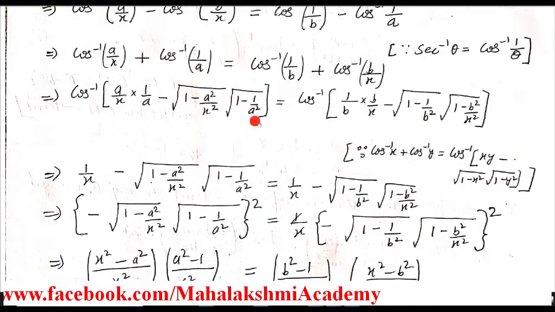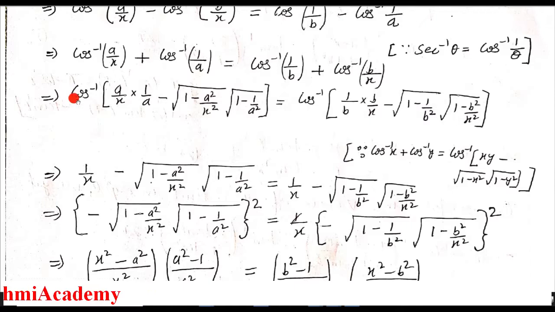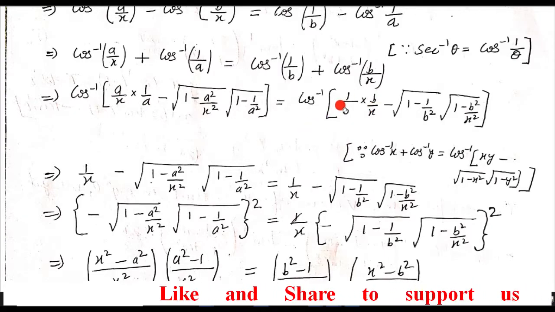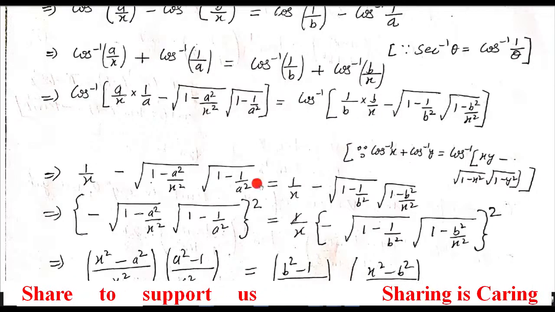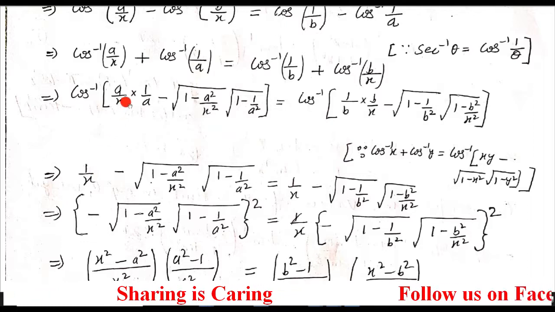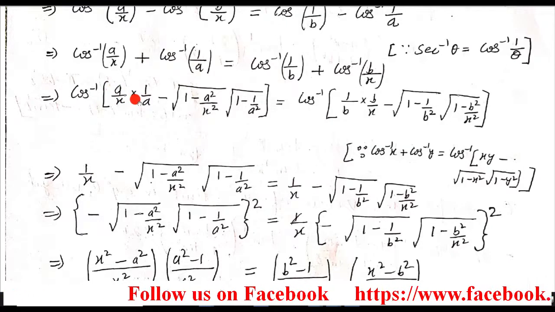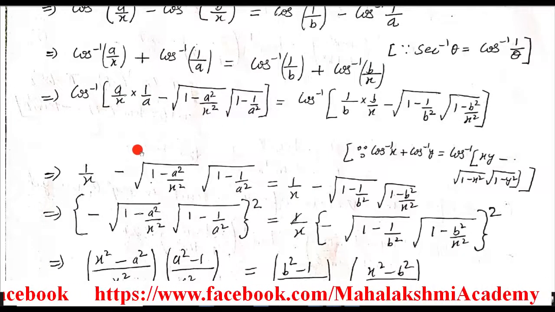Now after using the formula, carefully observe both sides. Many changes can be made. First of all, cos inverse and cos inverse will remove each other. Then this a will cancel with a and this b will cancel with b. Then we are left with only these big brackets, so I wrote them here. I hope it's clear to you. Since we brought all the a's together, this step happened. If you don't bring them together, you will get ab, and it is going to be very complicated.